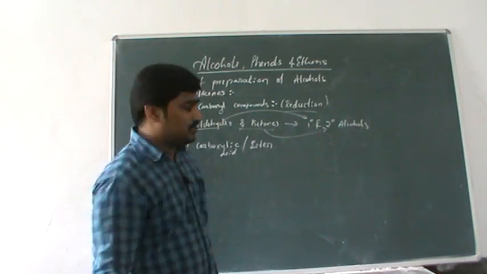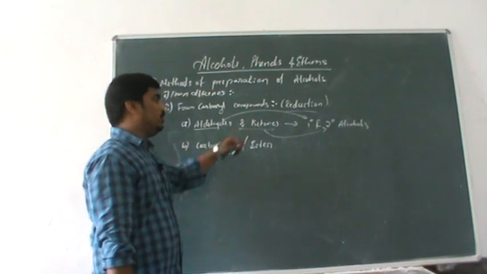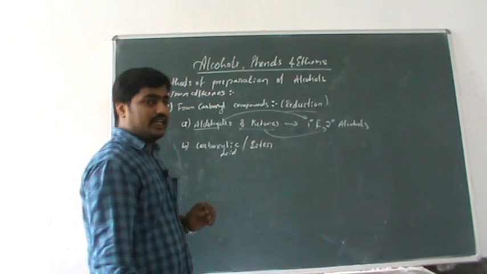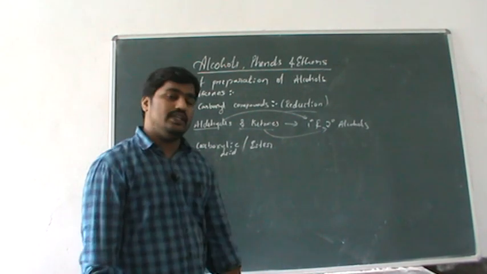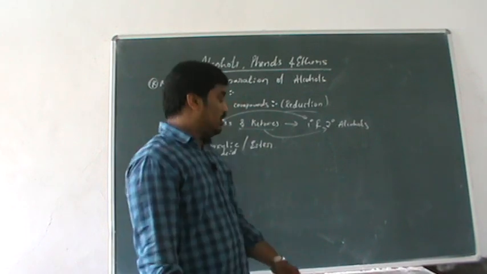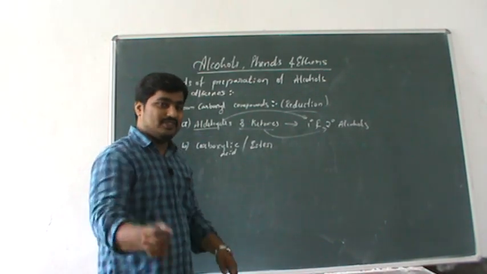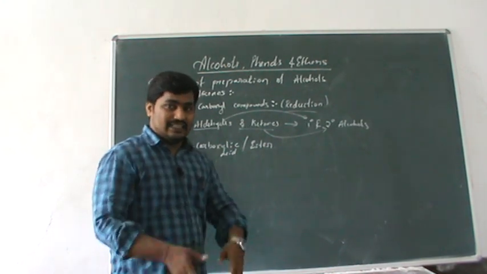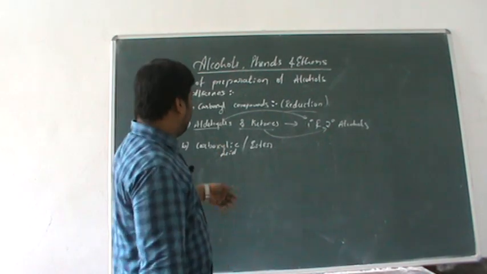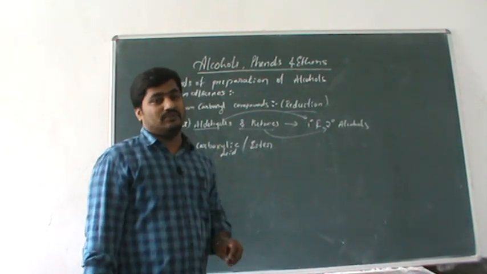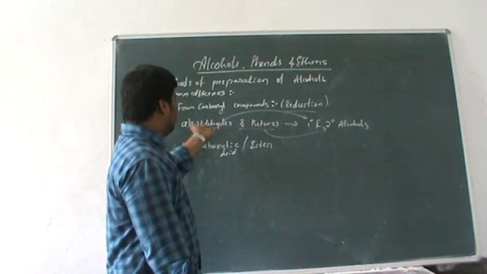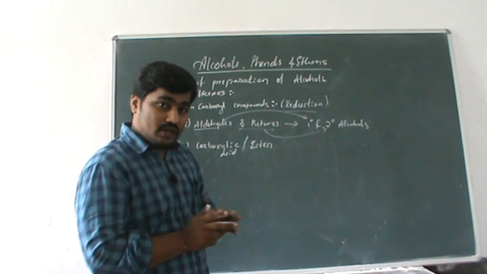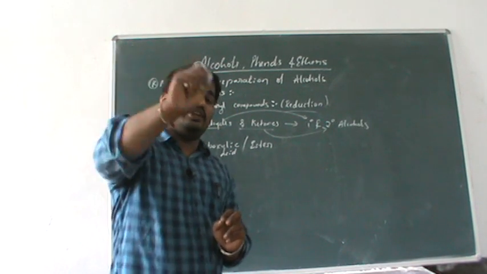What type of reagent is required? Yes, again it is subjected to reduction using a strong reducing agent. The need of a strong reducing agent is because carboxylic acid is very stable compared to aldehydes and ketones. In the carbonyl compounds, carboxylic acid is strong and stable compared to the others. Therefore, we need a strong reducing agent.